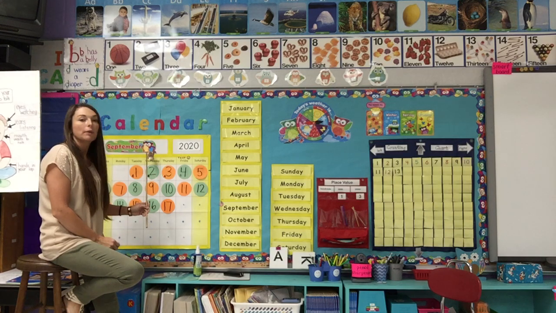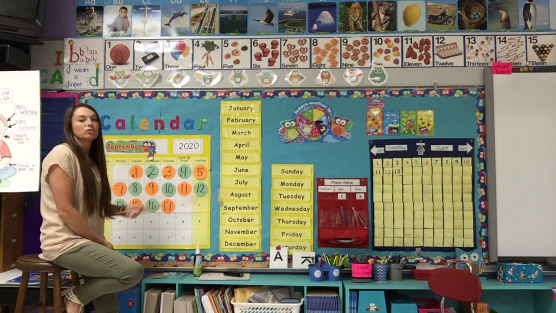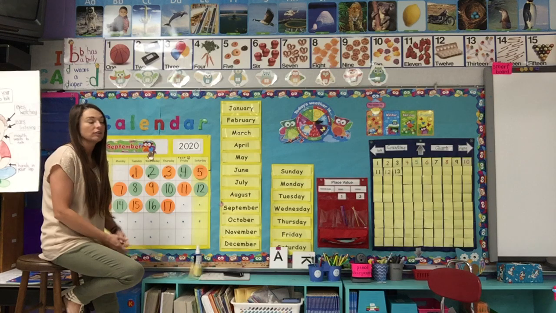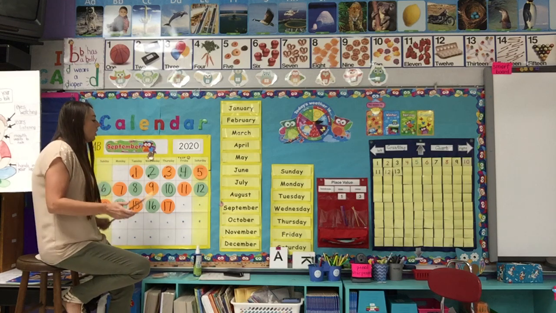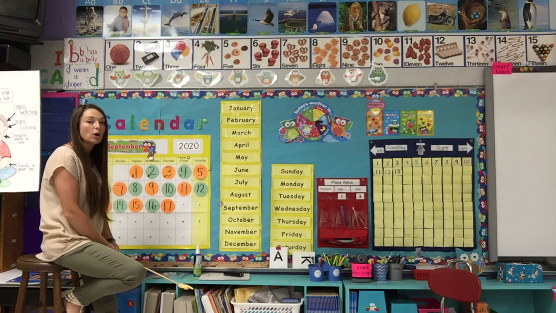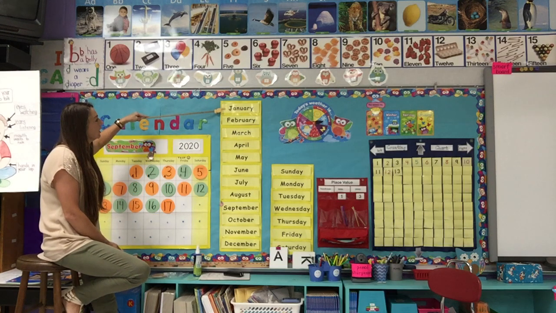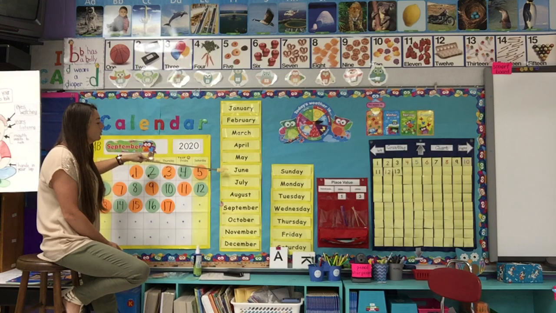And we're going to go over our month, our days of the week, how many days have been in the month. We're going to count straws today and count on our counting chart today. Okay? So first of all, we have 12 months in a year, so we're just going to say those. If you know the names of the months, say those with me. Ready? We have January, February, March, April, May, June, July, August, September, October, November, December.